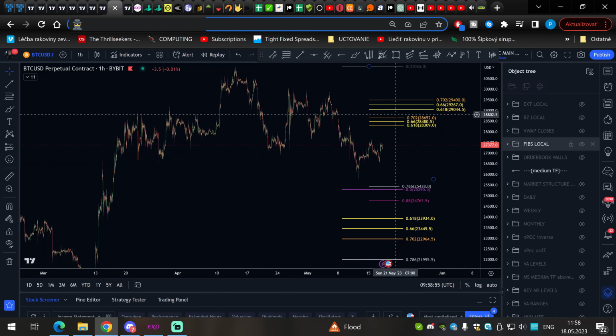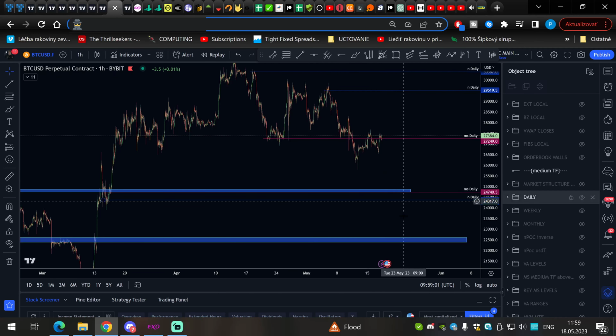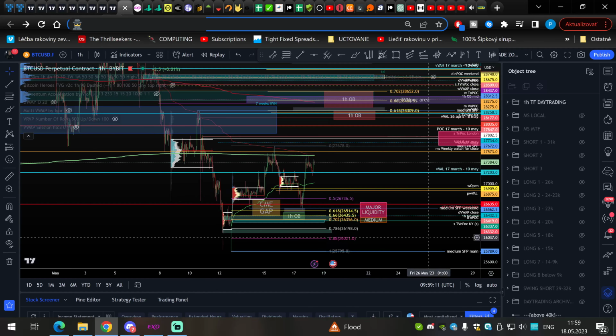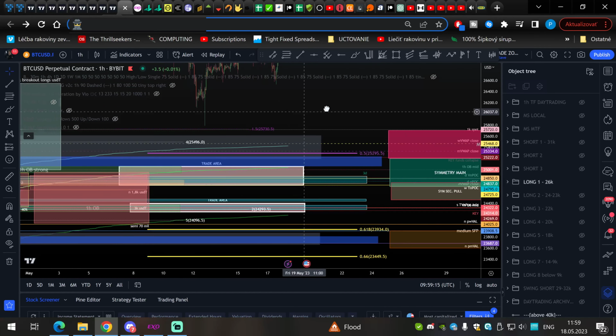Fibs are ready for the upside and for the downside. That's not much to see here. Long-term market structures. You see, we also have the naked daily at 24,036. It's a lot of areas here. I actually have this ready. If we go here and we turn on this folder,